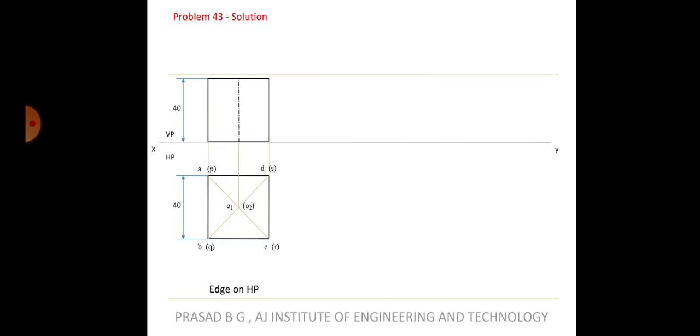So we will project the remaining lines. Okay, so we will get the front view, do the namings. Q dash is in the front, R dash is in the front, right? Two edges are in the front, that's why they are not in the bracket. P dash and S dash, they are in the bracket because they are in the back side.